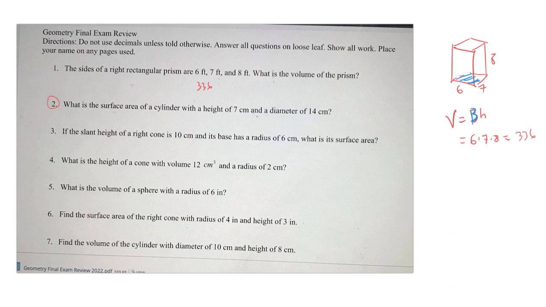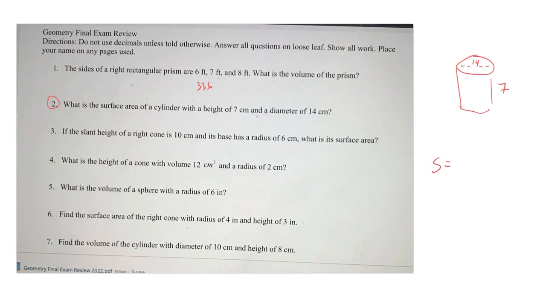All right, looking at problem number 2. What is the surface area of a cylinder with a height of 7 and a diameter of 14? So, drawing the situation, not a bad idea to draw it. The height is 7 and the diameter across is 14, and we want the surface area. Now the surface area of a cylinder is going to be 2 times the area of each base. So we have a base on the bottom and a base on the top, right? So it's 2 times the area of each base plus